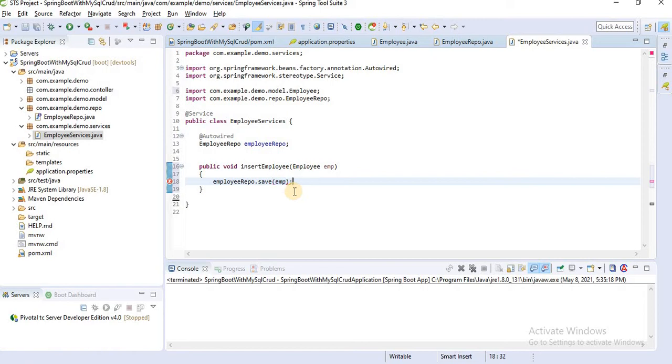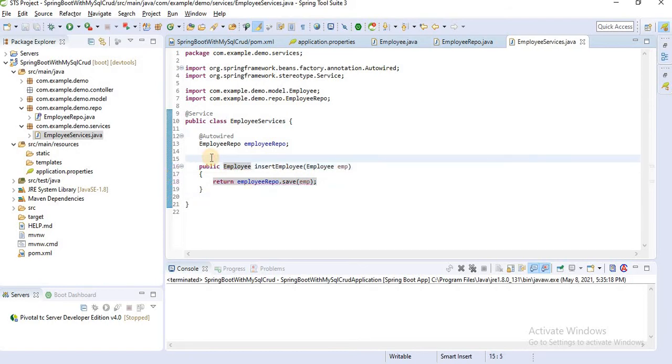It will save the record, and we can simply return that same record. This is the method for insert employee.